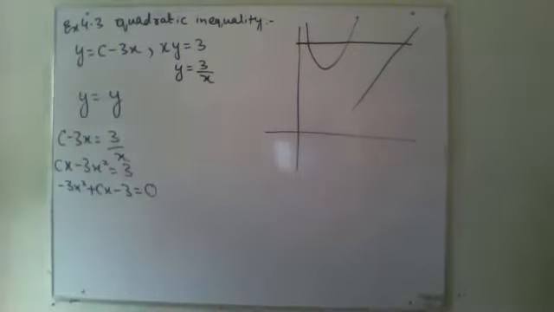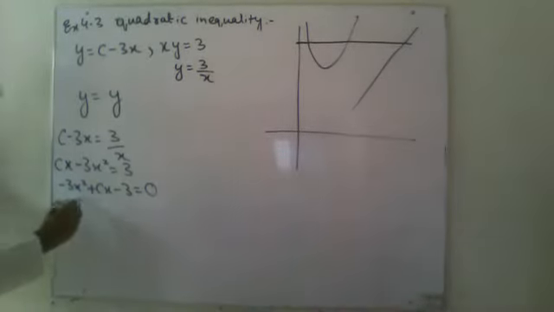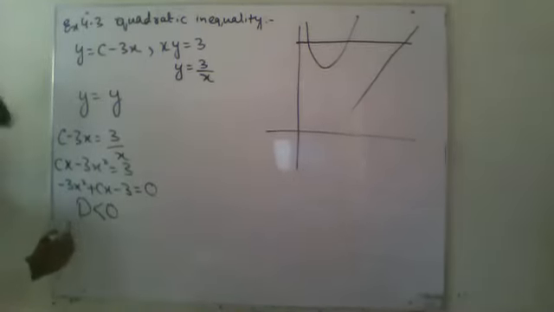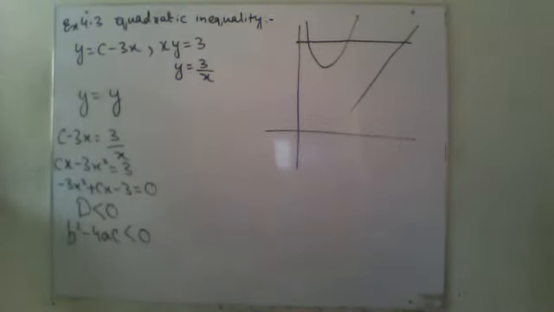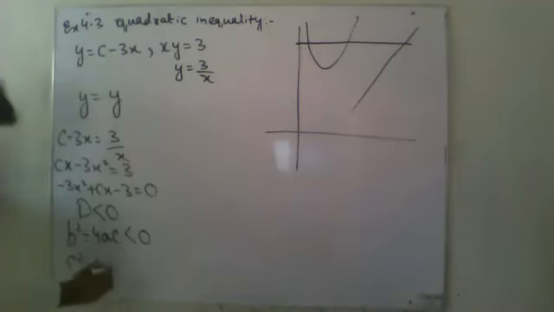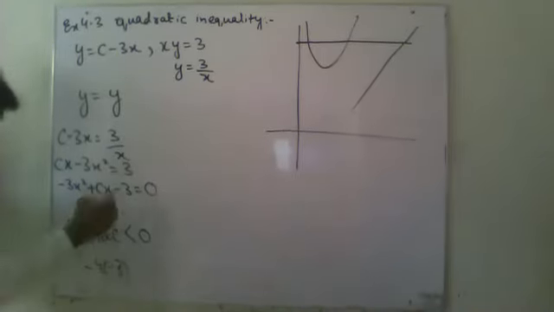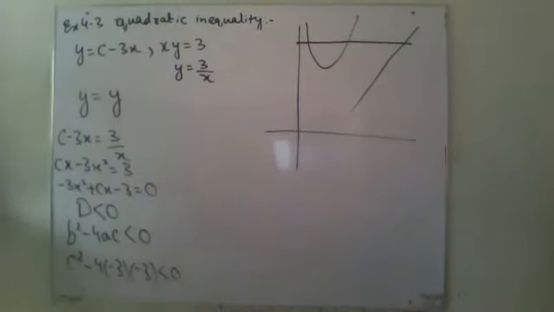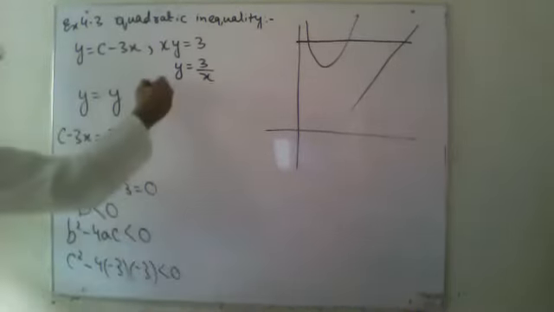Now, as they are not intersecting, not intersecting means discriminant will be lesser than 0. Discriminant lesser than 0 means b square minus 4ac should be lesser than 0. So, what is your b? B will be c square minus 4, a will be minus 3, and c will be minus 3, lesser than 0. When I simplify it,